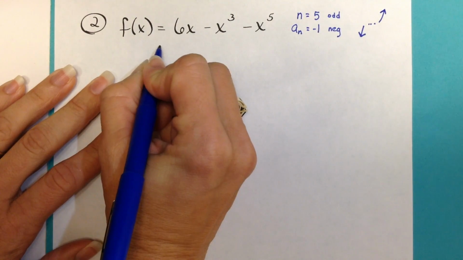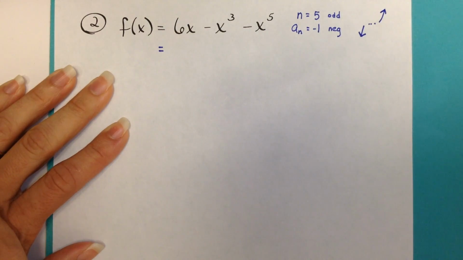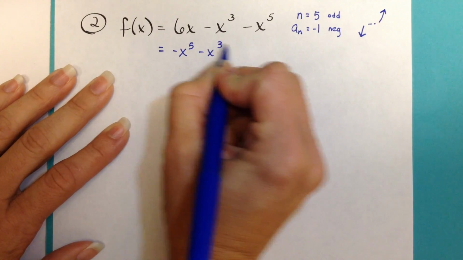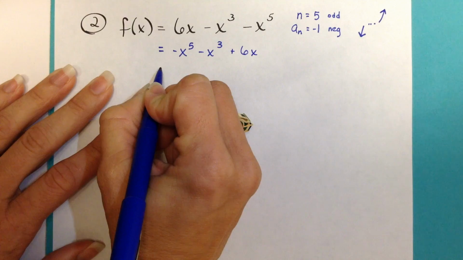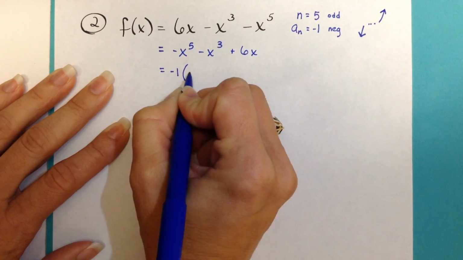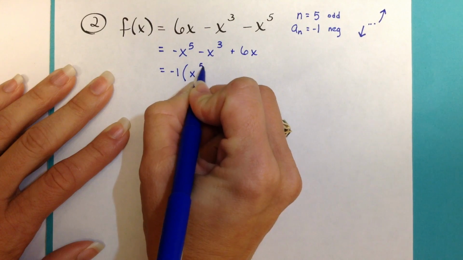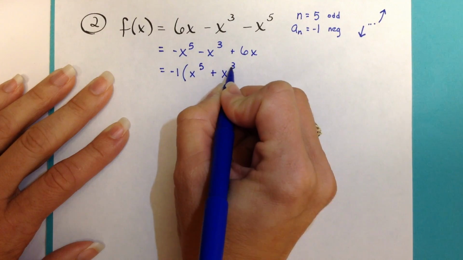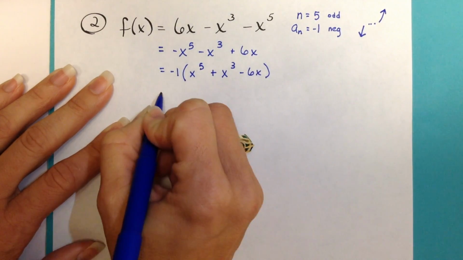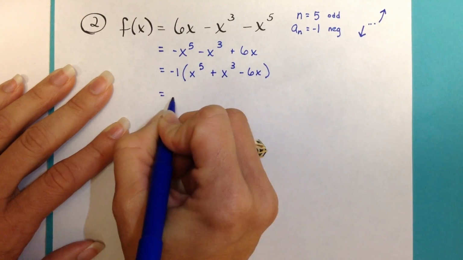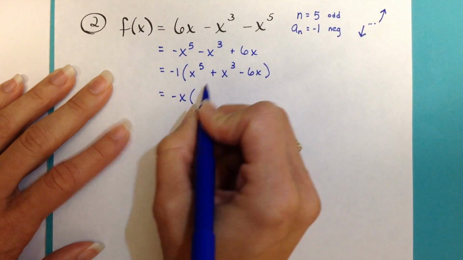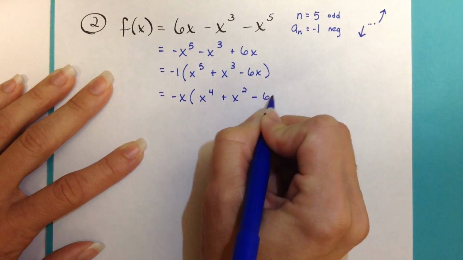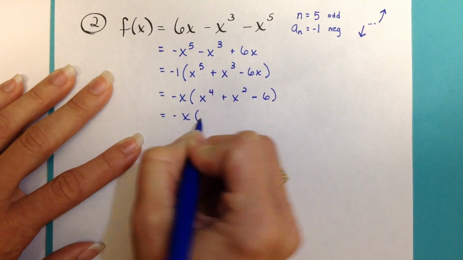Now if you would prefer, you can turn it around. And then you might even prefer to take out the -1. Or you could just go ahead and take out a -x, but I'll just do one thing at a time. Okay, you have a common factor of x, so now I'll have a -x out front. And this will factor